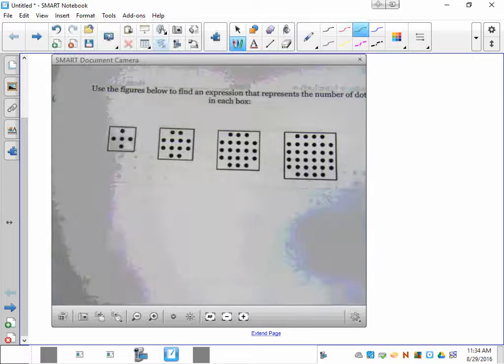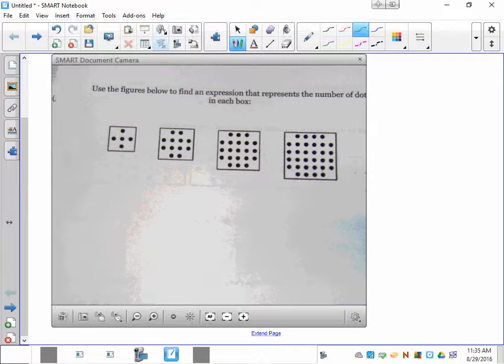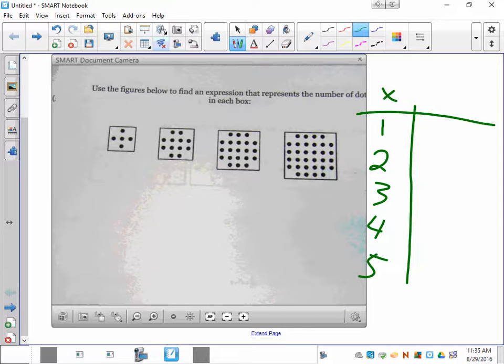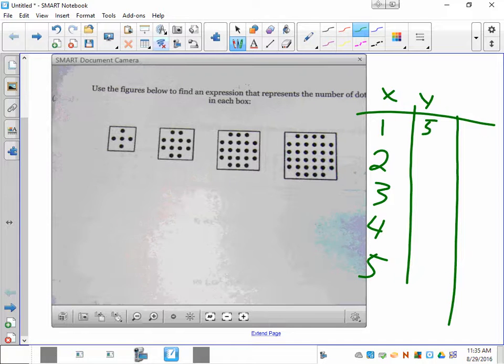This one's kind of strange. Let's start with 1 in this case. And actually, I'm picking a specific number to fit my needs. Any number would work, but 1 is easier in this case. So 1, 2, 3, 4, 5. Okay. So my y values, how many are there? 5, and then,